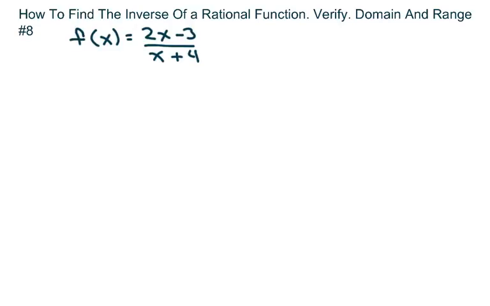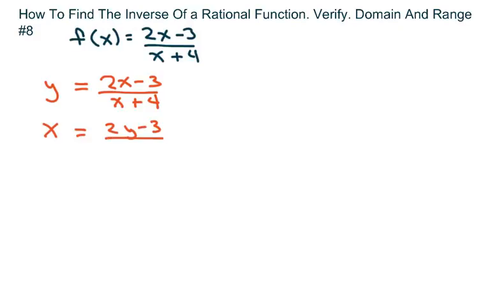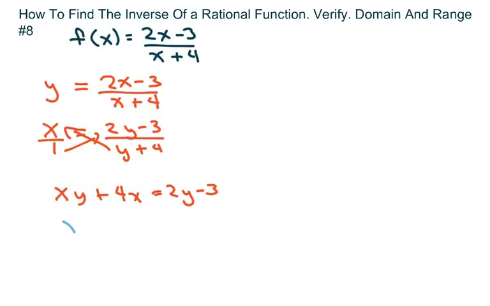So the first thing we're going to do is switch my f of x to y, and then switch the x's and the y's. Now go ahead and cross multiply. Get xy plus 4x. I'm just multiplying these two here. Equals 2y minus 3. You group your y's together, so it's going to be xy minus 2y, and I'm moving this 4x over. So it's going to be negative 4x